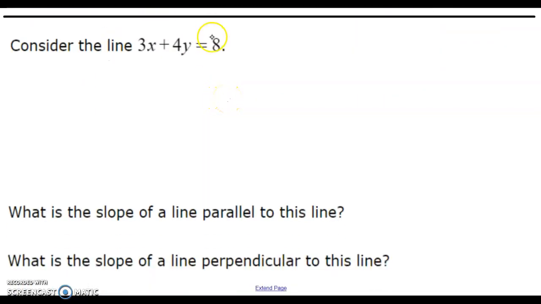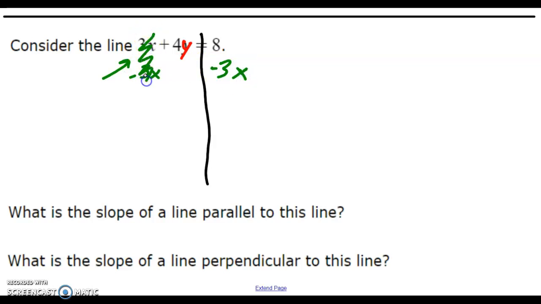Let's do one more of those here. We're going to draw the line for solving. Again, I've got to get my y all by itself. So moving everything else, I have to get that 3x out of there. I'm going to subtract 3x from both sides